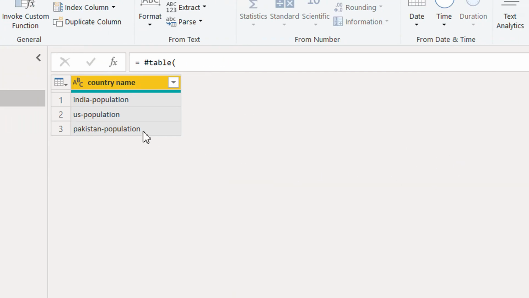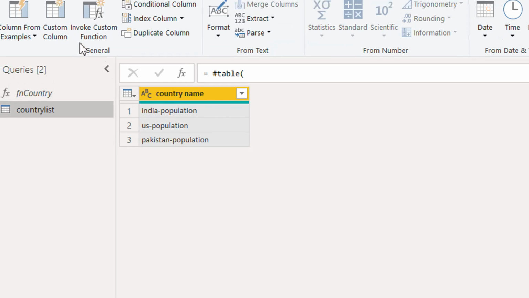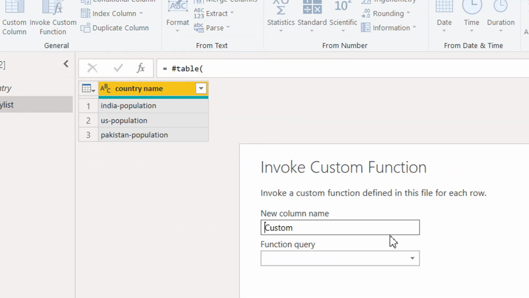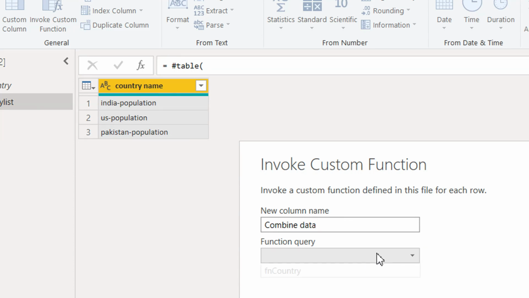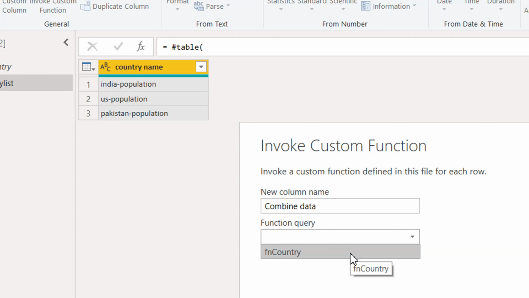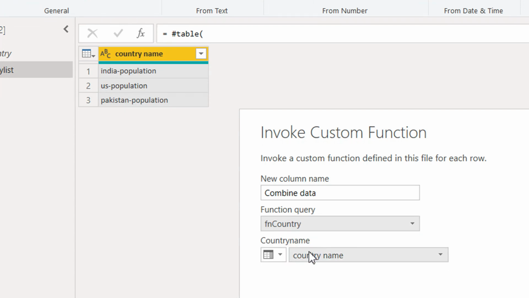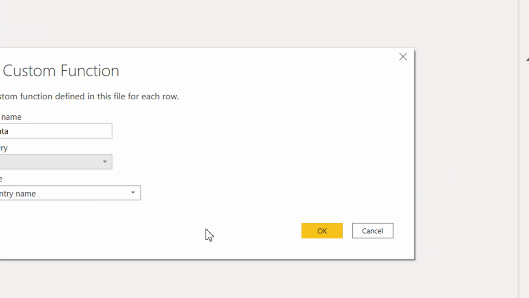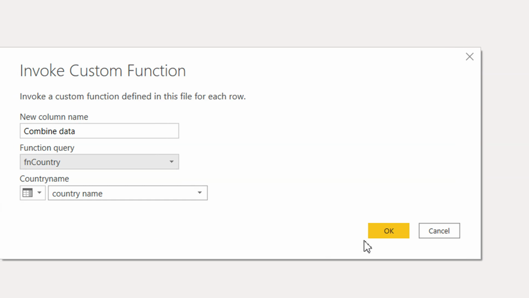Okay, so here we have all the three values, and now we need to click invoke custom function. So here you can write any name of the column, for example, combine data, and the function query, this is the name of the query, is fn country, and then the country name, this is the table, like the country name table. So that's all. So let's click OK,